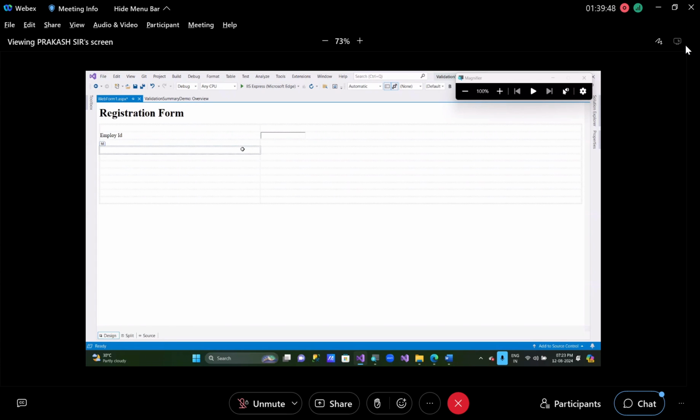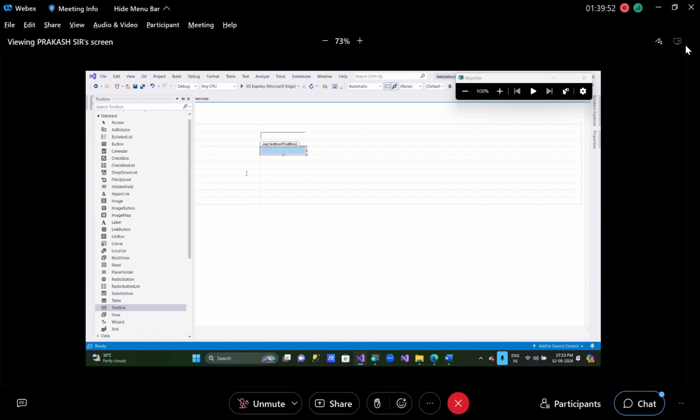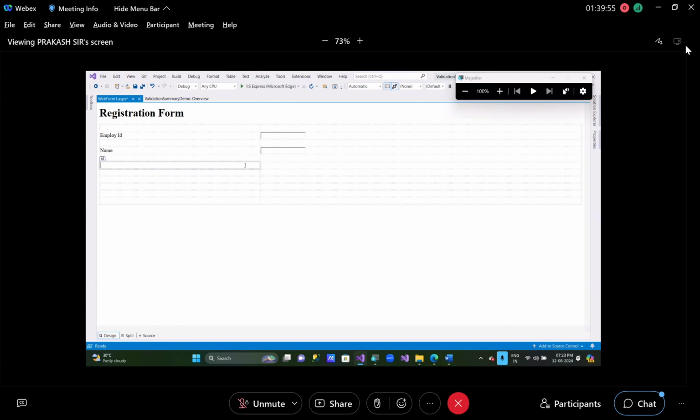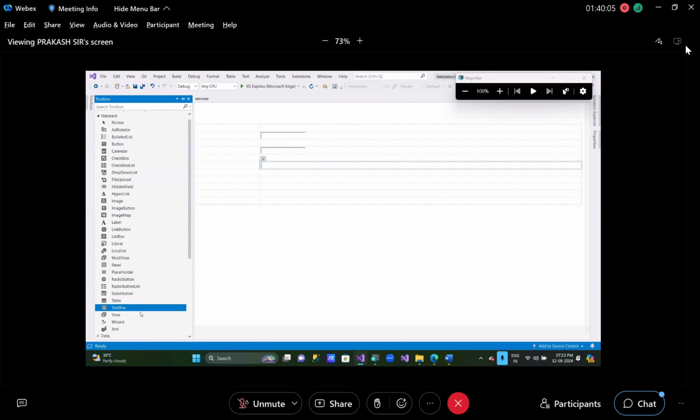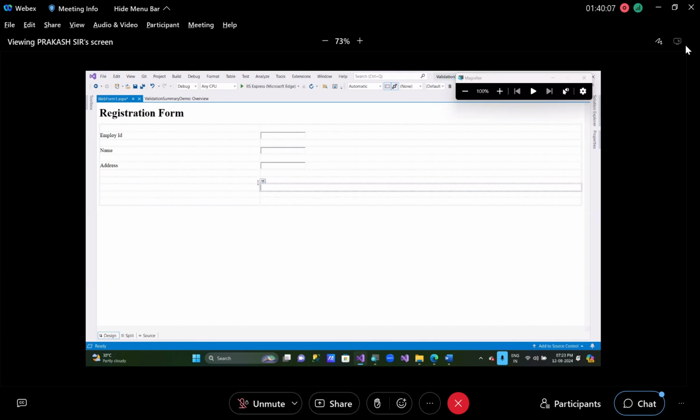Employee ID, name. Name is optional. Take a text box. Then address, or let's say city, let's say address only. Address, that is also optional. Then pin code. I mean, city is also, okay, let's take pin code directly. Pin code,